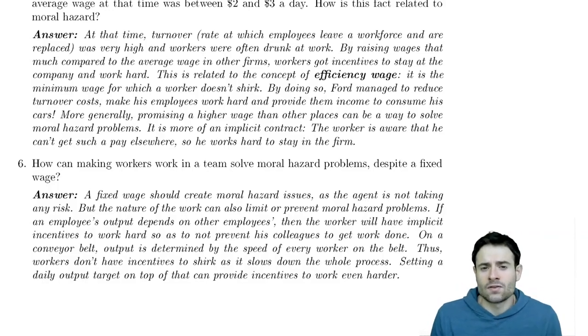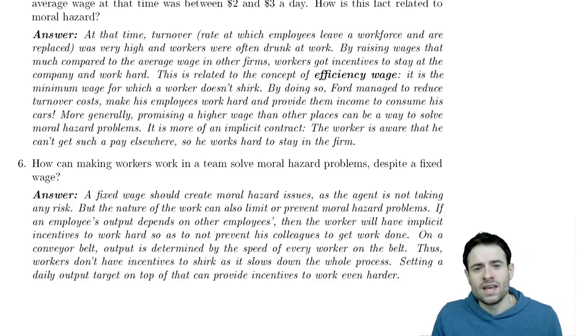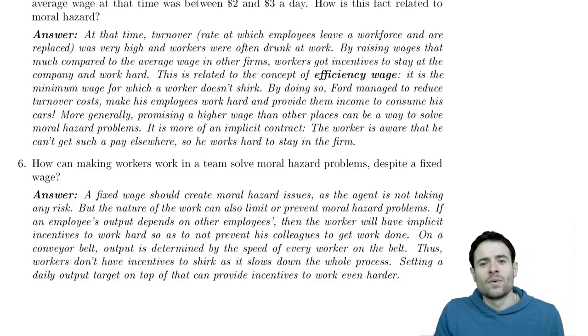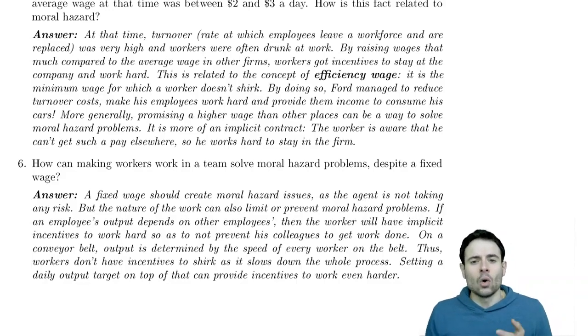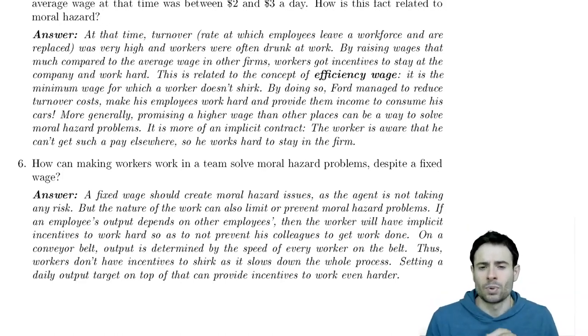Another solution is the transfer of ownership. The principal can keep a fixed amount of money, and all of the extra money generated by the activity, whatever it is, will be going to the agent's pocket. In this case, we say that the agent is made the residual claimant. He's claiming all of the residual profit that is being made, and he's paying a fixed fraction or fixed amount of money to the principal.